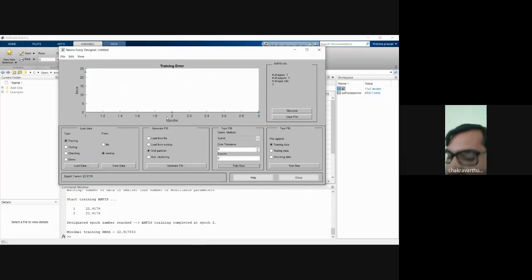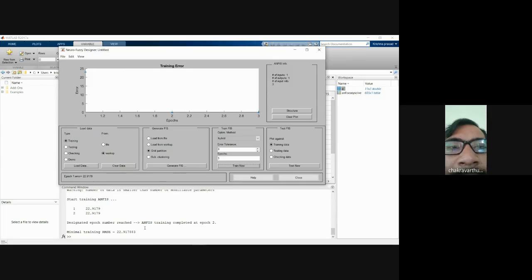In layer 2, it is trying to do the fuzzification. After the fuzzification process, in layer 3 it is going to apply the linear transformations. Once you apply the linear transformation in layer 3, yeah, training completed, sir. From 2 to 3, minimum training RMS is 29.22. It is generated at the top down.